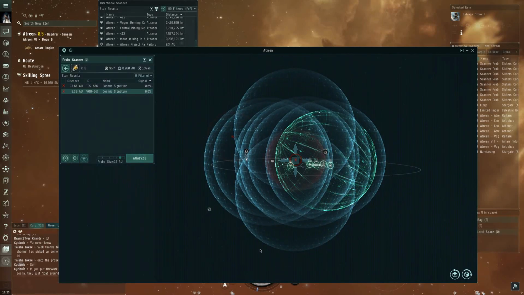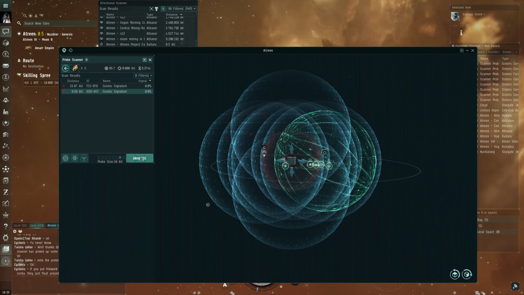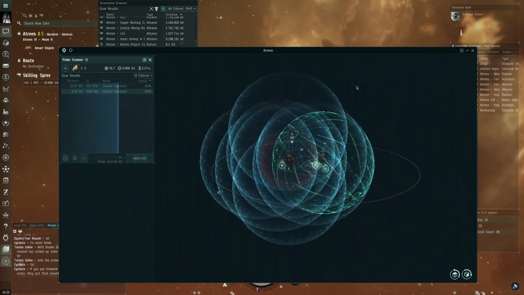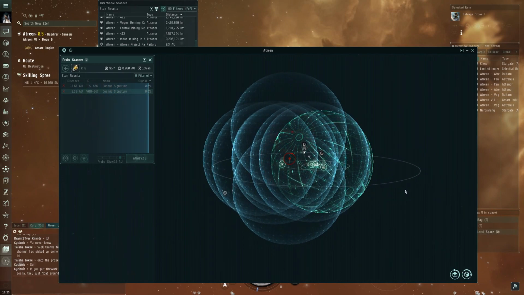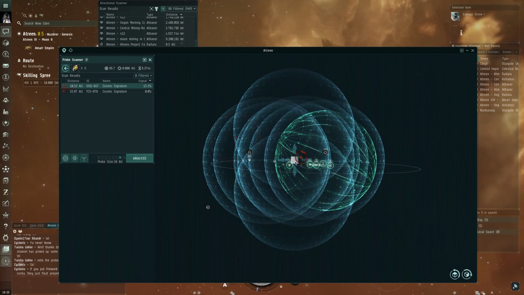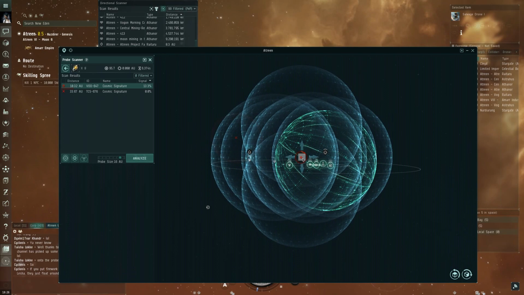So let's decrease the size down to 16 at least. That should work. I always start a little bit larger and work in, and we'll hit Analyze. The probes will warp off to their designated spots. Each one of these spheres right here is actually centered on a probe. Alright, so we got a signal lock on it. It's only 13.3% strength. So we're going to readjust